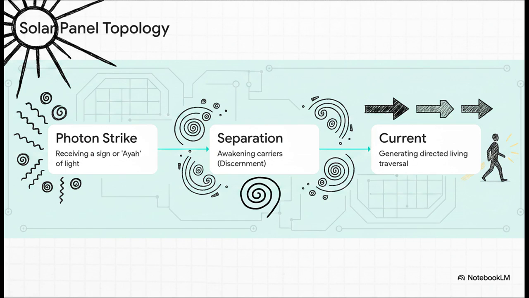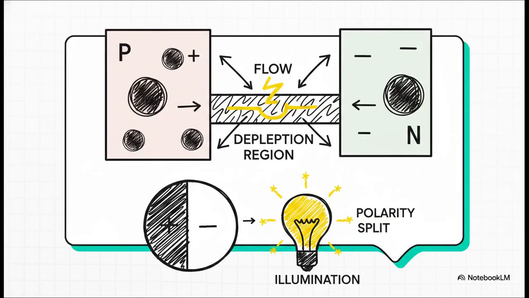Second, that impact causes charge separation, awakening hidden carriers inside the panel. This is spiritual discernment, or furqan. Finally, that separation generates a directed, living current. It transforms incoming truth into actual, usable power, physical action or amal, light upon light. Here's the bottom line. You cannot bypass the trial. It's impossible. The depletion region, the barrier, the initial polarity split, they are mathematically required to awaken those hidden carriers